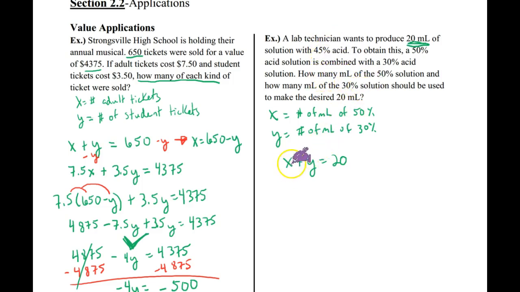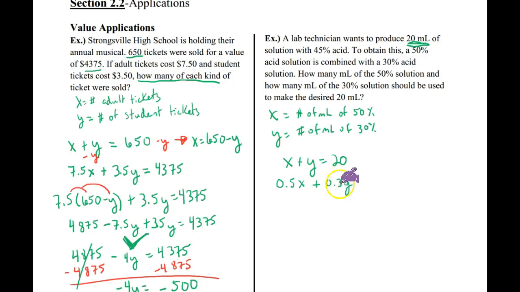So this was the 50% solution, so I would take the percentage as a decimal. 50 divided by 100 is 0.50, times how much of that solution I have, plus y was the 30% solution, so 3/10, or 0.3, times